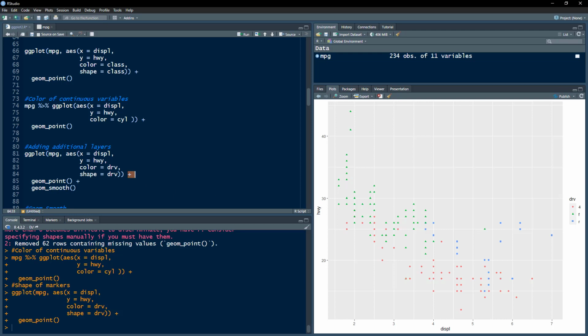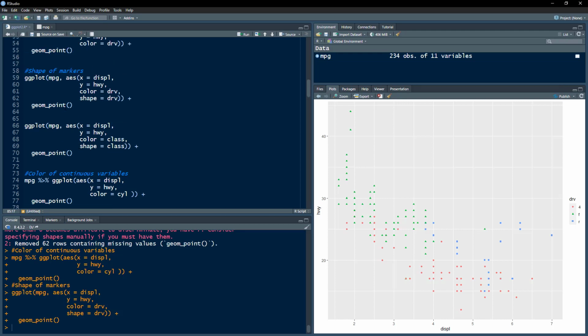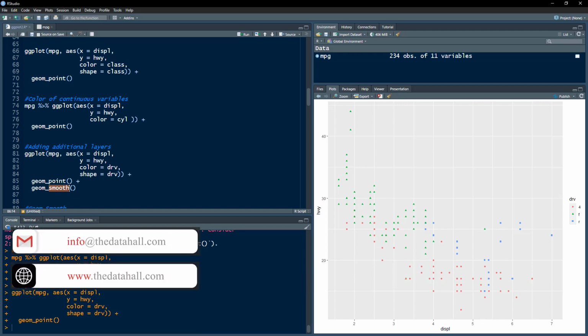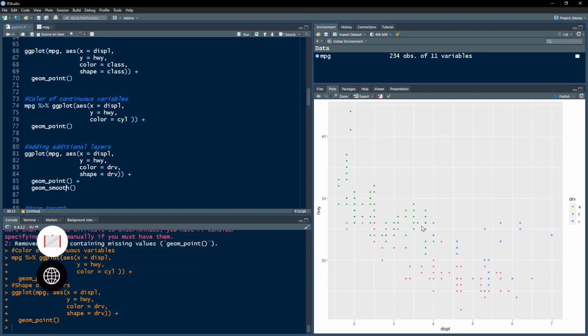If we want to add a new layer, we have to use the plus sign. So we use the plus sign with our previous code. Our code ended at geom point. So we use a plus sign and add a new layer, and this layer is geom smooth. And this geom smooth is used to depict the relationship using a line, right? If I press Control Enter,